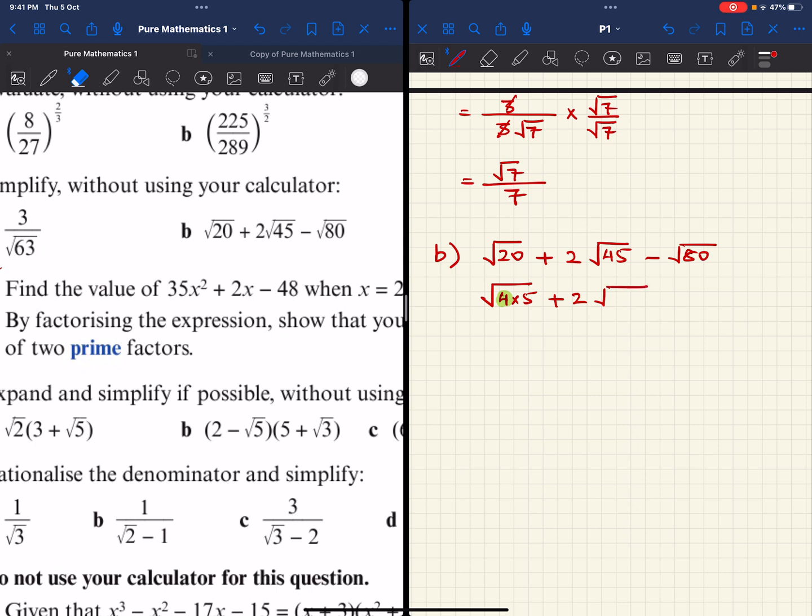45 is 15 threes, or 9 fives are 45. So 9 fives are 45. We will break it into 9 and 5 because we need a square number. And 80 is... 14 into 5? No, 80 is,